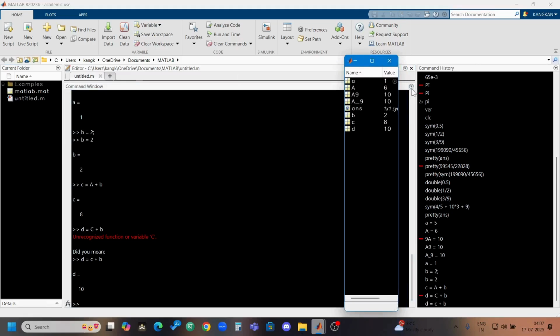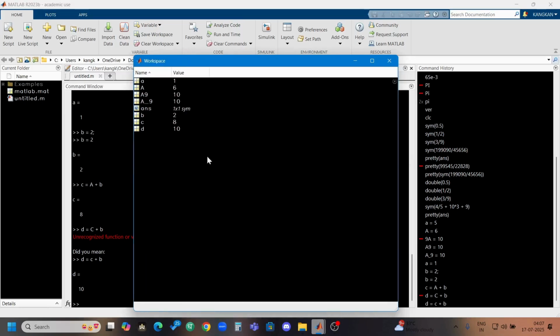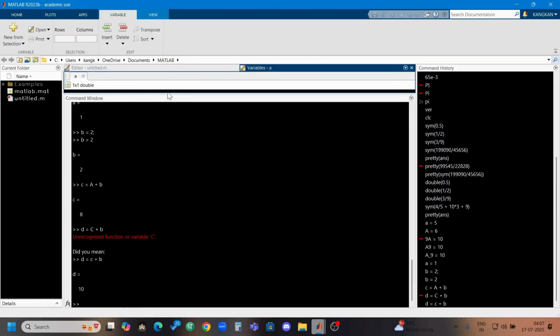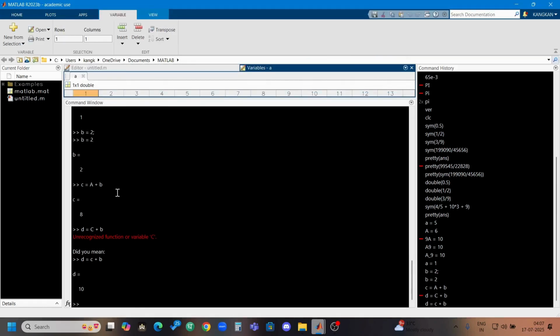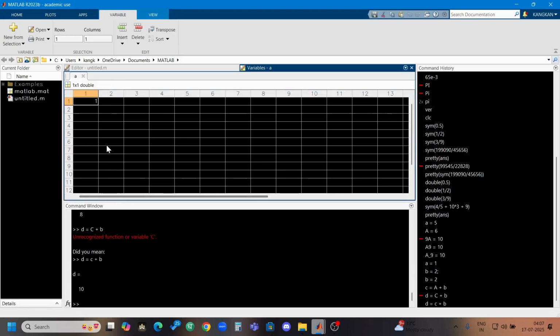If by mistake our workspace or command window or command history gets misplaced, don't get scared. It might get undocked and maximized. So checking the values in more detail gets easier. Also, you can check the values in matrix format, shown in sheet format. Don't get scared and delete the workspace since it came undocked. And if you have deleted,